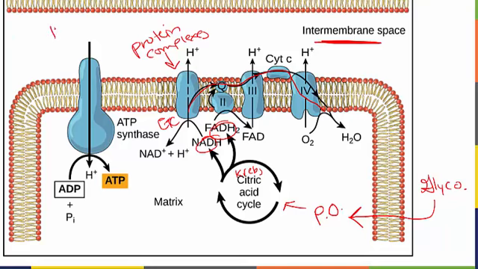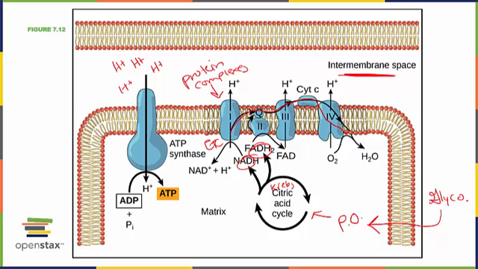When the concentration of hydrogens gets high enough, an ATP synthase molecule will allow all those hydrogens to flow through its rotor-like structure. Its end is going to spin and spin and spin,